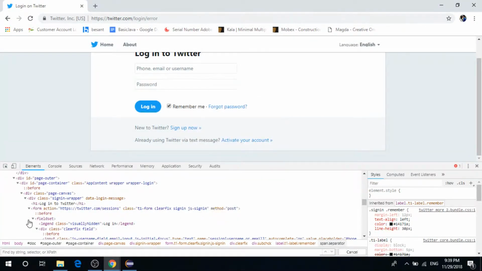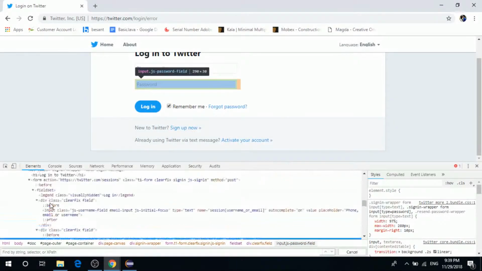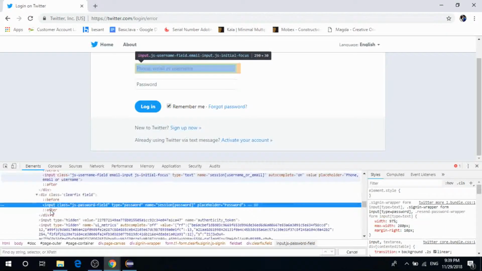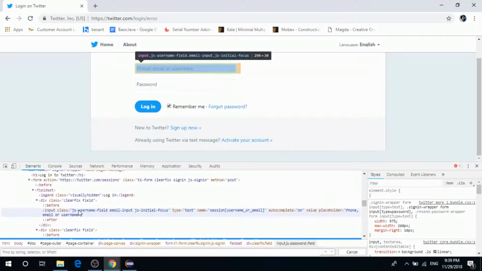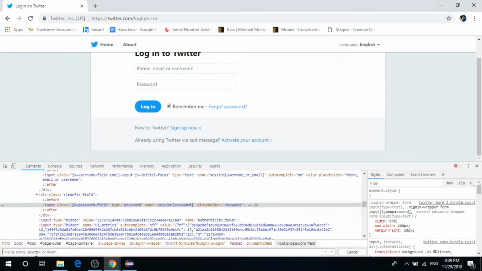This is the password, and this is this one. From this level, I'm going to write an XPath for this phone, email or username input class. So for that, I'm going to write double slash input,